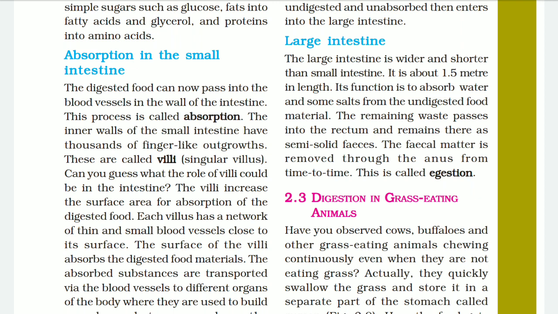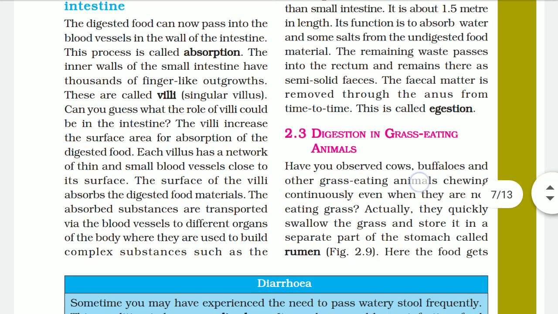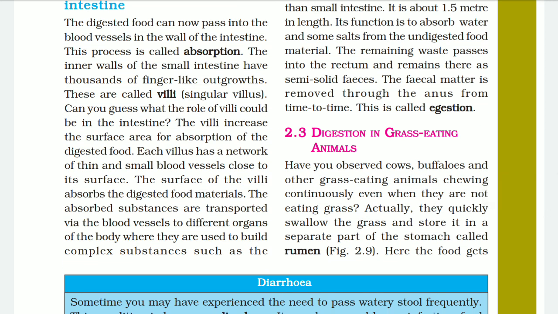So, can you guess what the role of villi could be? The role of villi is to increase the surface area so that they can absorb more and more of the digested food. Each villus has a network of thin and small blood vessels close to its surface. The small blood vessels close to the surface of the villus absorb digested food material, and the absorbed substances are